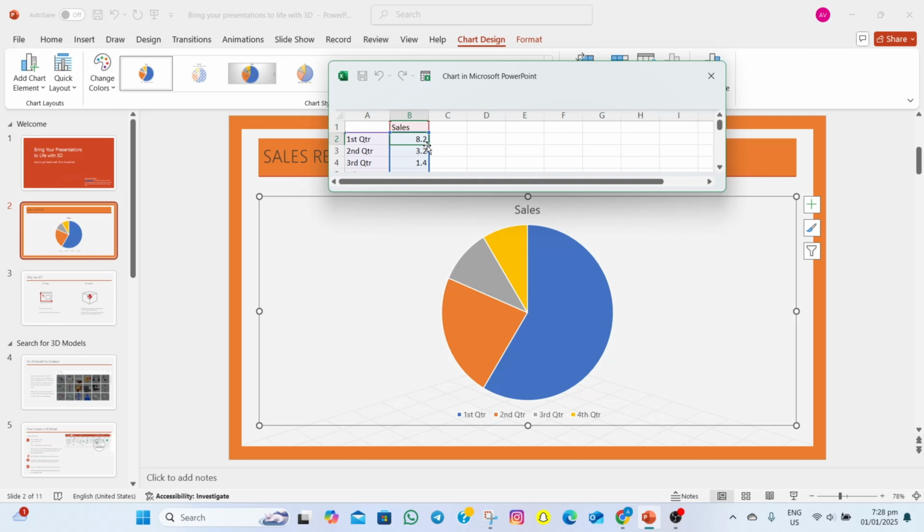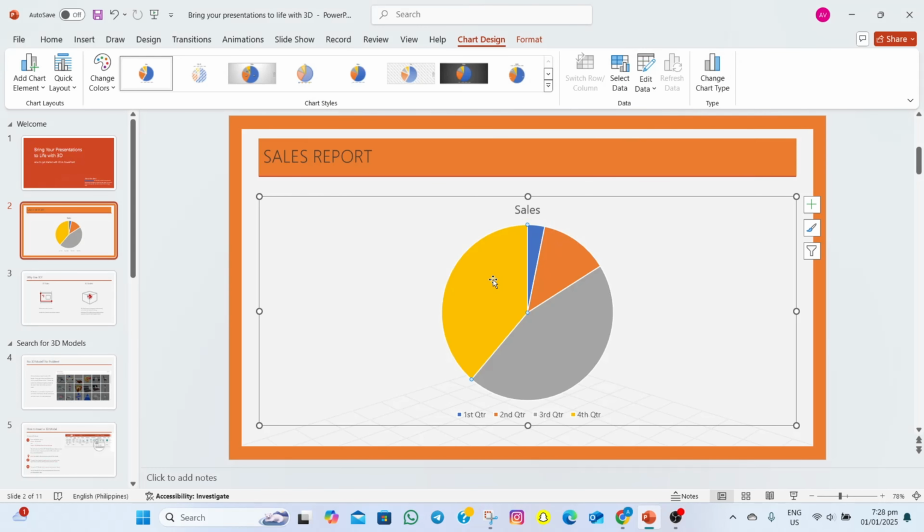So as an example, I'm gonna change my first quarter to 10%, second quarter to 40%, and then the third quarter for 50%. And then in here, if we select the pie chart, we can also edit the color of